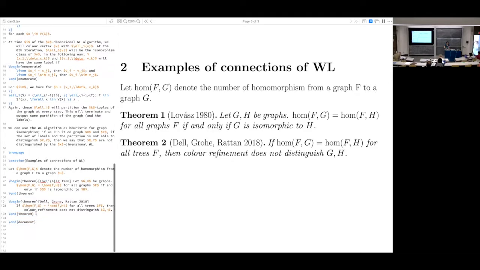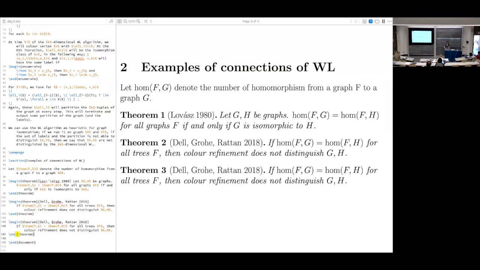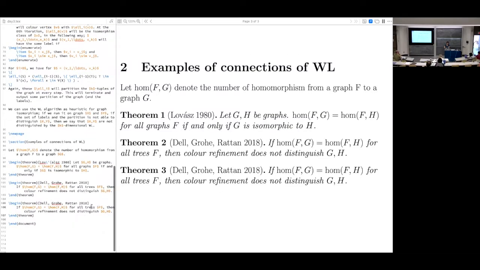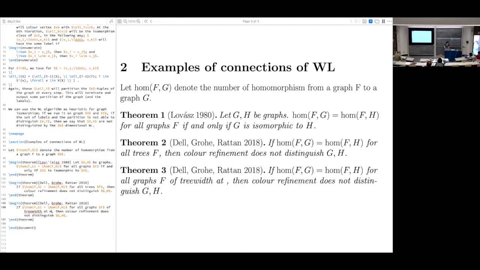Okay, but actually they can do a little bit better, and we're going to leave that up because the class of trees is very nice. And how does it extend? For all graphs F, if the homomorphism counts agree for all graphs F of tree width at most K, then the K-dimensional Weisfeiler-Lehman